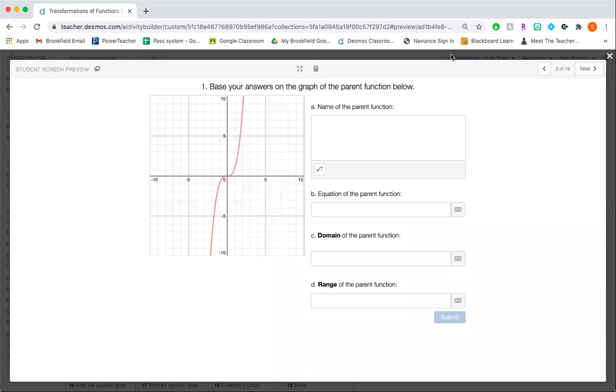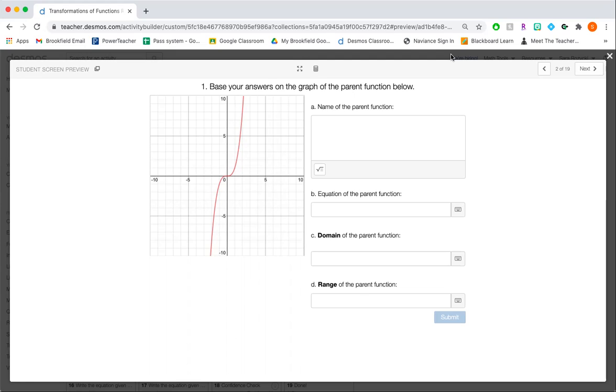Hey, Algebra 2 students. I'm going to do a video version of the answer key to the study guide, or the review, for our transformations of functions quiz. That is next week. If you're A day, it's going to be on Monday. If you're B day, it's going to be on Tuesday. So feel free to watch this to help you study this weekend and understand more in depth the answers to